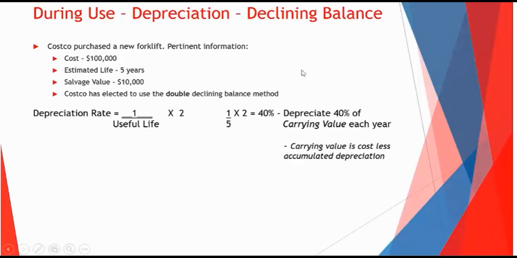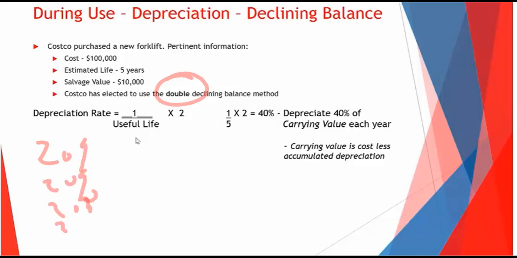Our formula is we have our depreciation rate, which equals 1 over the useful life multiplied by 2, because we're using double declining balance. Some companies use 150% declining balance, and then we would have multiplied it by 1.5. That first part of the equation is really similar to straight line, isn't it? It would be the same as straight line, basically. Exactly, just another way to look at it.